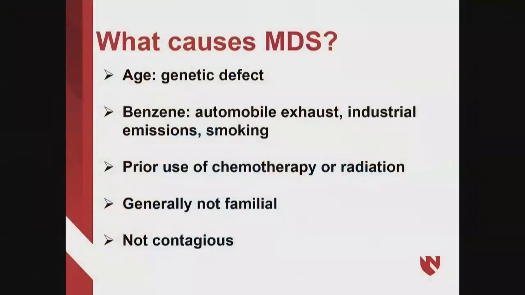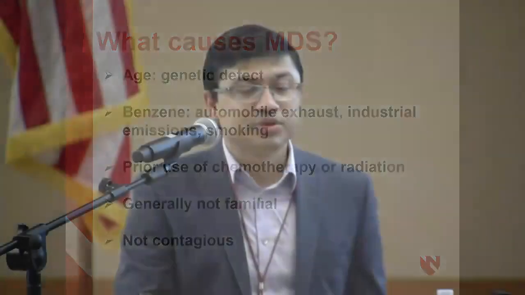In patients who develop what's called treatment-related myelodysplastic syndrome, prior exposure to chemotherapy or radiation plays a role. In the past, it was felt that chemotherapy and radiation were the only factors that cause therapy-related MDS. Now we know that in people who are diagnosed with a cancer, then get chemotherapy and radiation and develop MDS, if you go back and look, some of the mutations or genetic changes seen in MDS are actually found in some people before they get chemotherapy and radiation. So chemotherapy and radiation can increase the risk of treatment-related MDS, but that may not be the only reason why